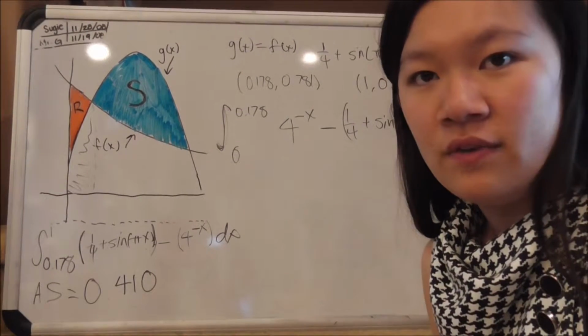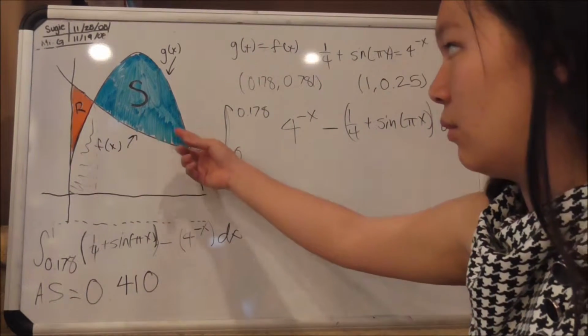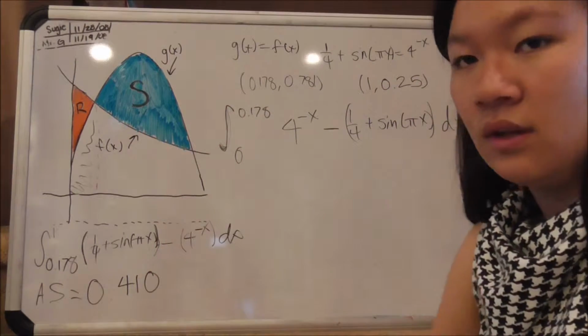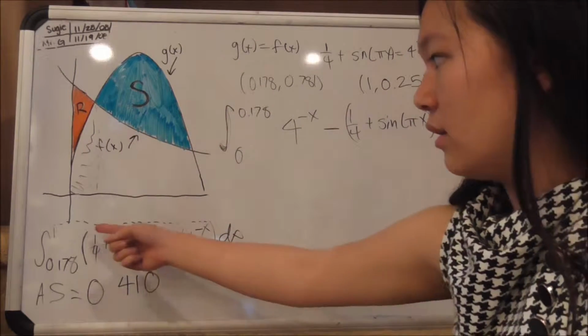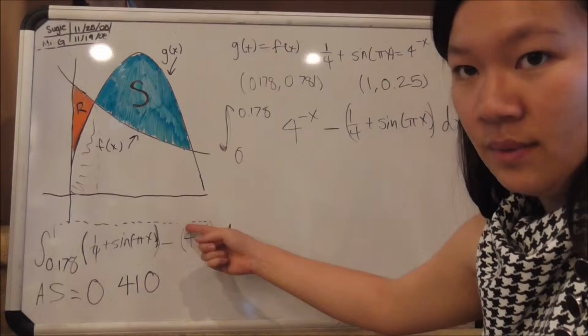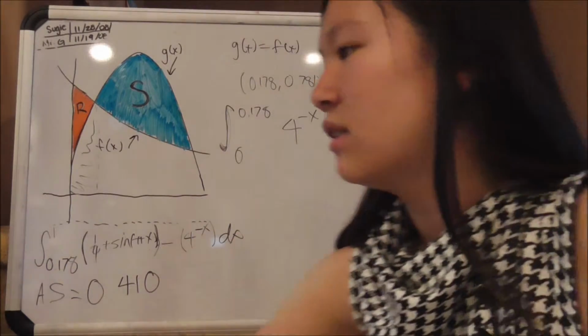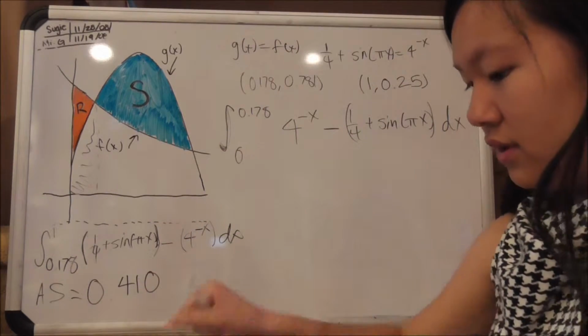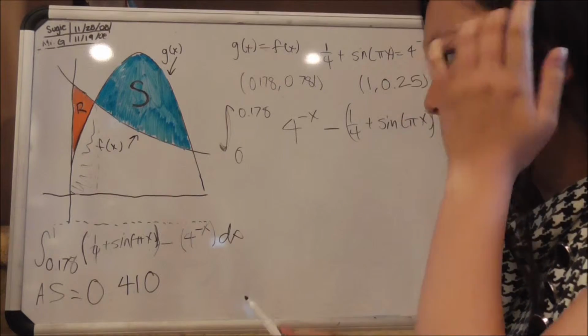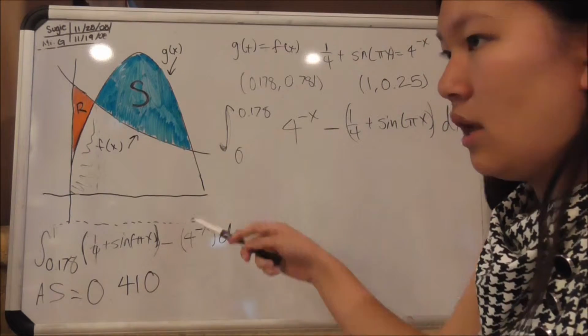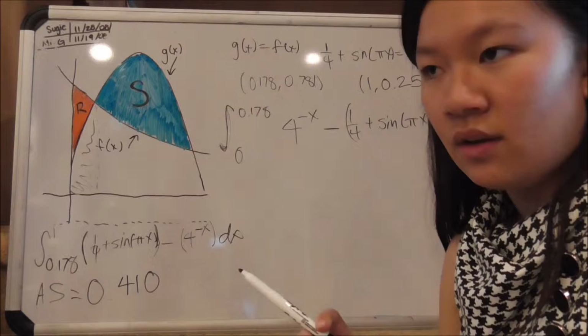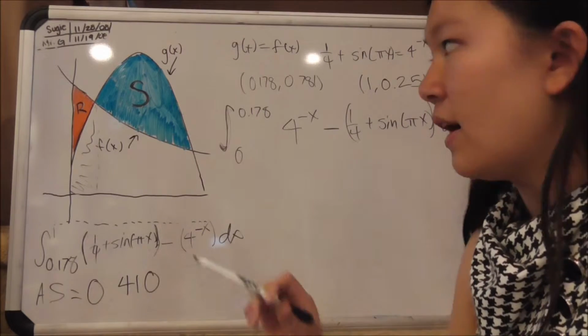Part C, you'll be finding the volume of the solid generated when you rotate the area S around the line y equals -1. Y equals -1 here is represented by this dotted line. It's not exact, but I want it all to fit on the graph. So when you rotate something about a line, the solid generated, its volume can be determined by dividing up the